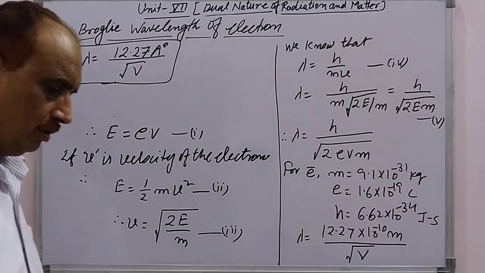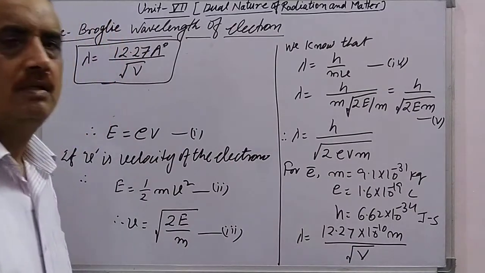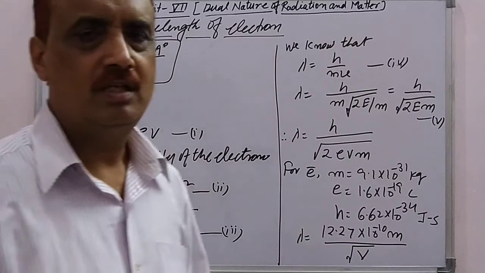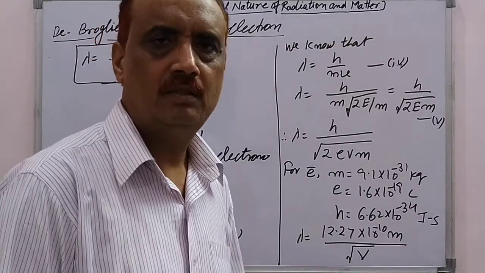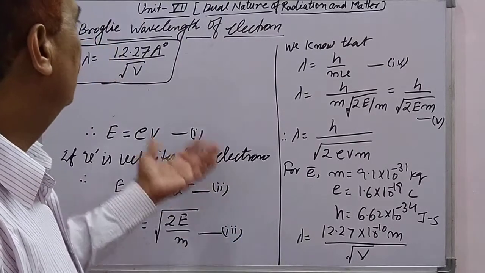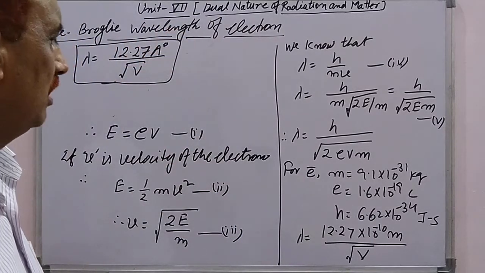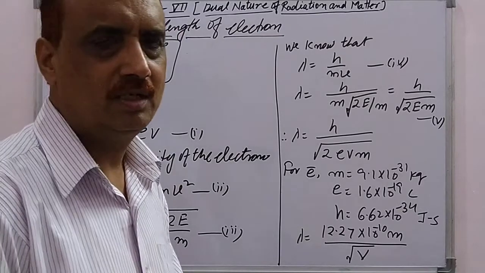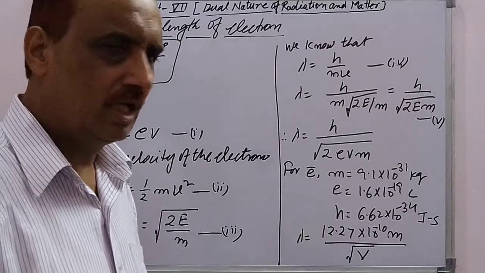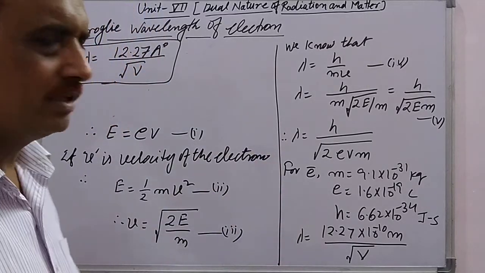Now it is the last article of this unit, and the other parts of the articles have been deleted by the CBSE for the session 2020-21. So it is the last topic of the 7th unit, dual nature of radiation and matter. It is finished, and after that we have to start the next unit. I hope that you understand these articles and expressions also.